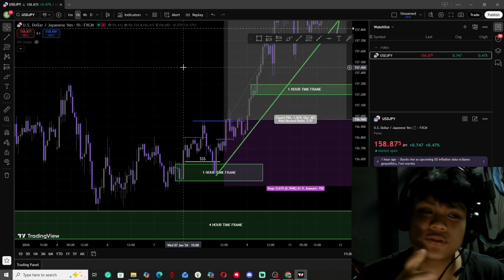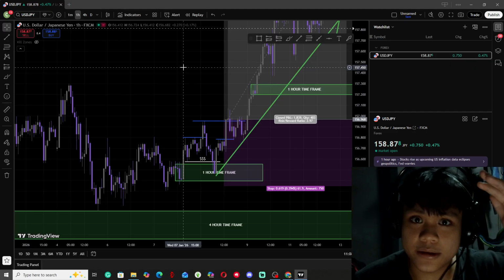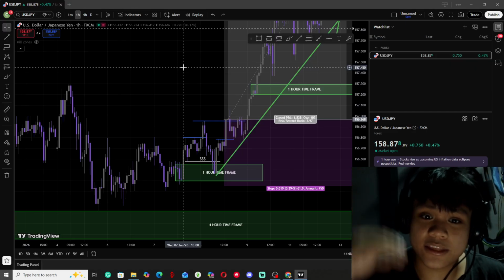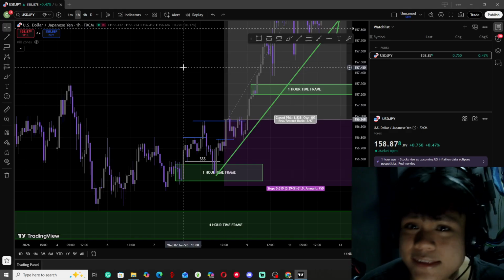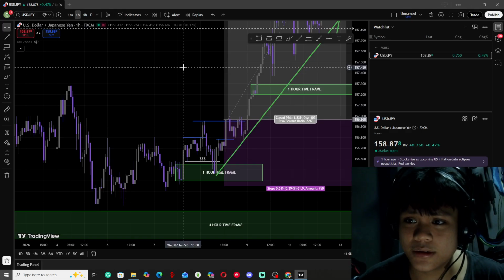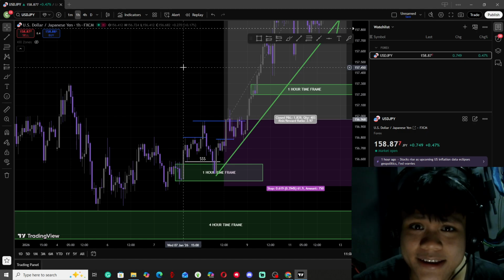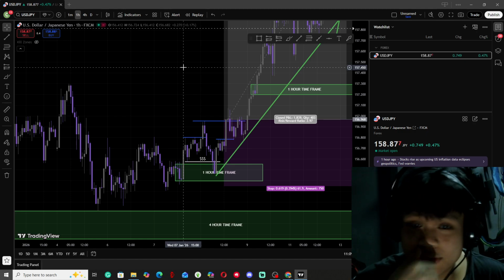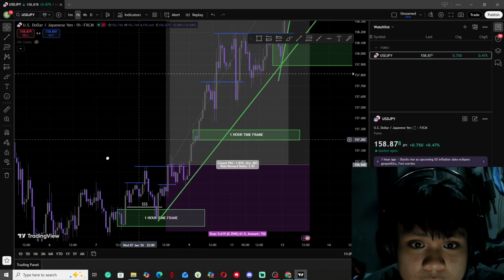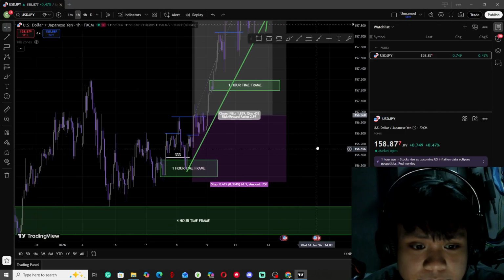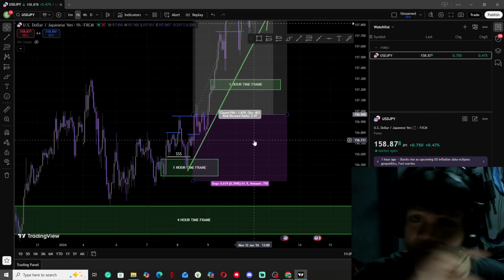That's why I rather choose to be a swing trader, because your stop loss can be a little bit big. It's bigger, and it has space for the candles to move. Because if you go scalping or day trading, sometimes people make their stop losses too tight. So that's why I like swing trading more, because your stop loss is huge. So yeah, our alignment, we already put our demand zone, our resistance, our liquidity sweep. Now